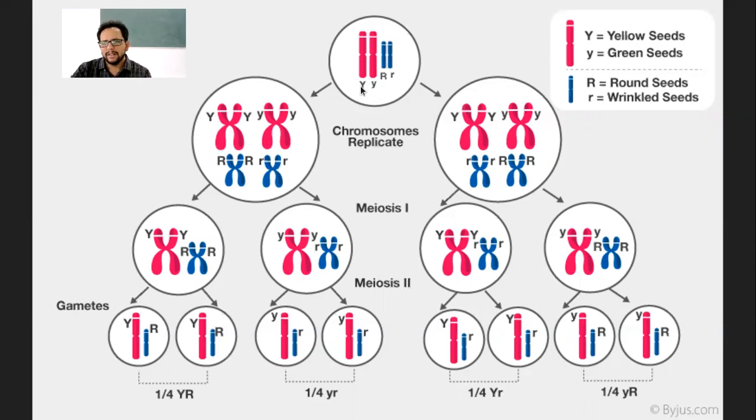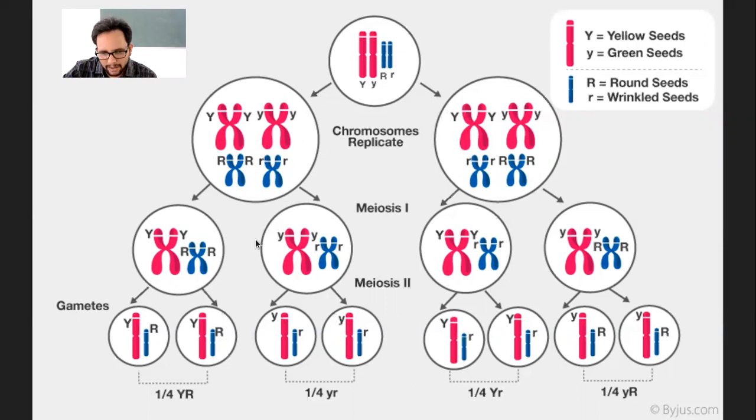So when these will form gametes, there is capital Y and small y, capital R and small r. The possibility of gametes is capital Y, small y, capital R, and small r. In the other scenario, this individual will just flip the side. So here capital Y is fusing with capital R, and in this case capital Y is fusing with small r. That is the difference in these two cases.